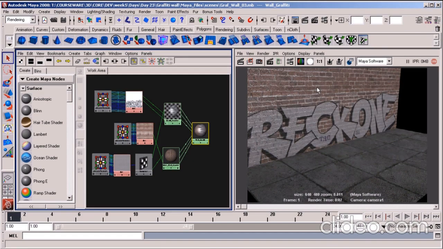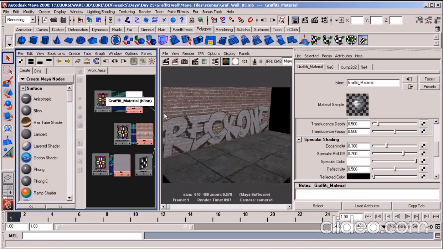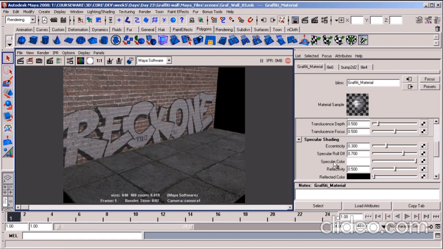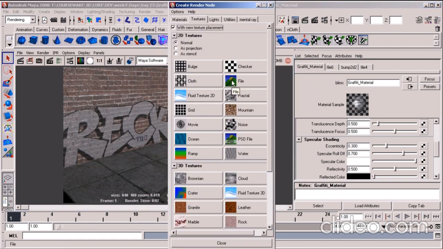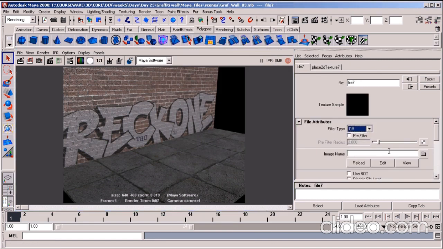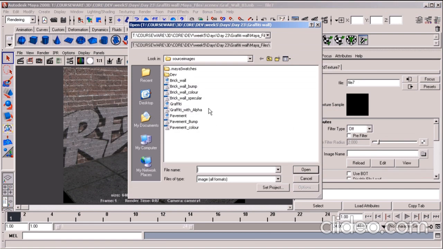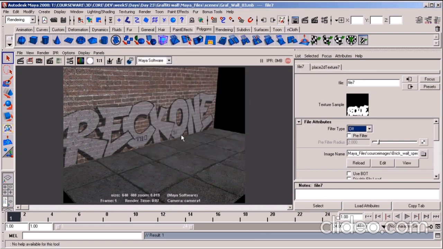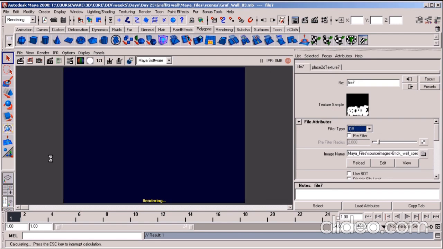Then I'm going to go back into Maya. I'm going to double click on my graffiti material, the Blinn, and I'm going to map a texture to our specular colour here by clicking on the flag. Create a 2D file node. Might as well turn the filter type to off, and image name, I'm going to select Brick Wall Specular. If we just hit save and render again,